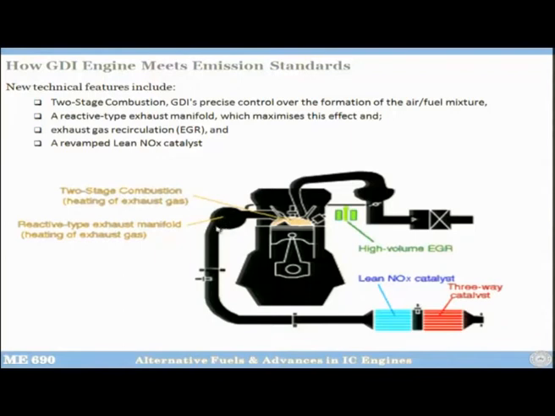And then you see from here the exhaust gas comes out, and then what you do is you put a lean NOx catalyst. Okay. So lean NOx catalyst means it is going to basically absorb some of the heat, some of the NOx. Okay. Lean NOx catalyst is a very interesting device. So what it does is, it's called LNT, lean NOx trap. This is also called lean NOx catalyst, same thing. Lean NOx trap is a very interesting device.